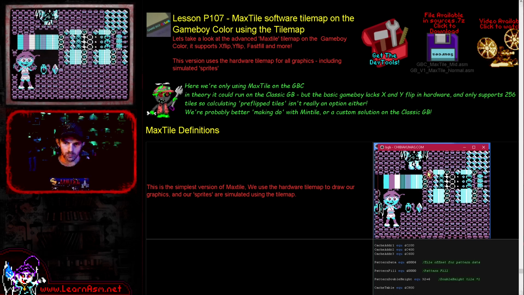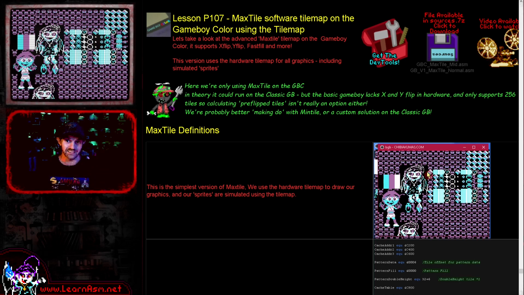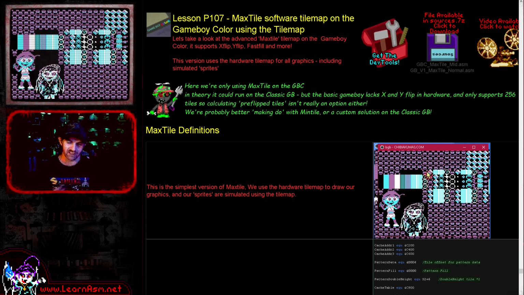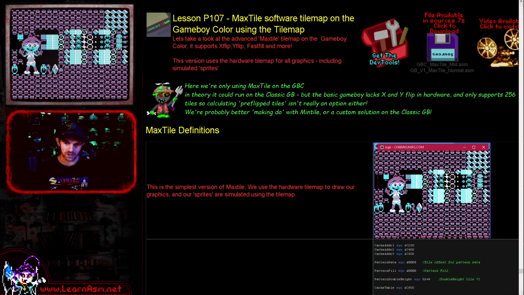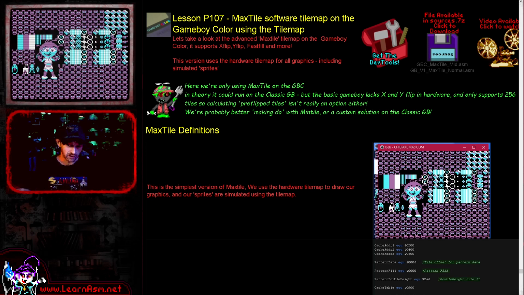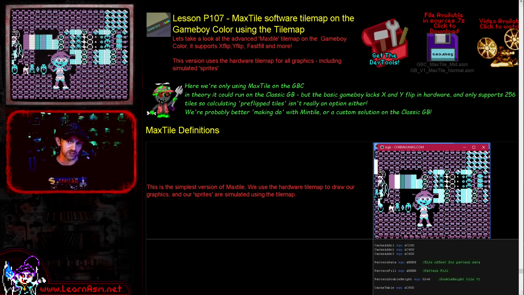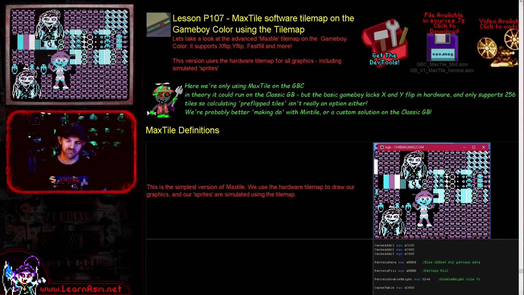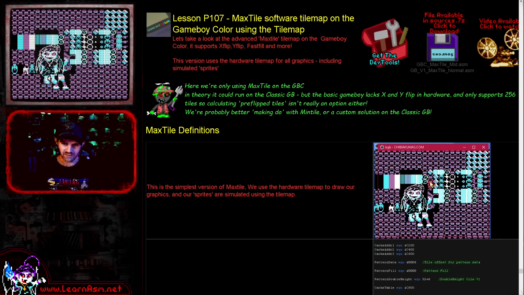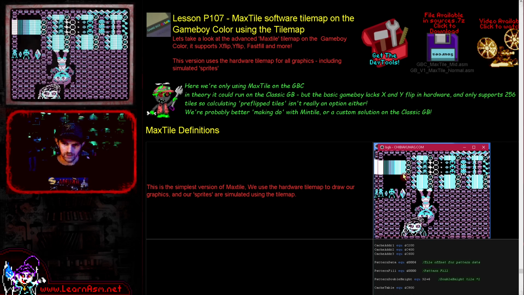We're looking at the Game Boy today, which is not really a Z80; it's close, but it doesn't have all the functionality. But I've ported my MaxTile program to it anyway. MaxTile is a software tile map. Of course, the Game Boy has a hardware tile map, but we're sort of translating the functionality. The functionality MaxTile provides is Xflip, Yflip, fill tiles, which you can see there, and double height tiles,